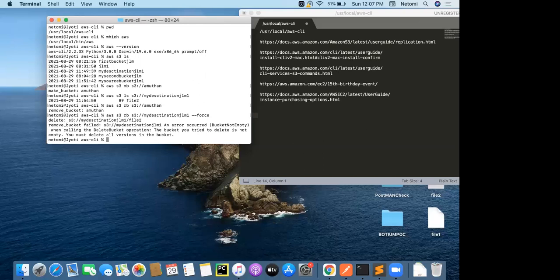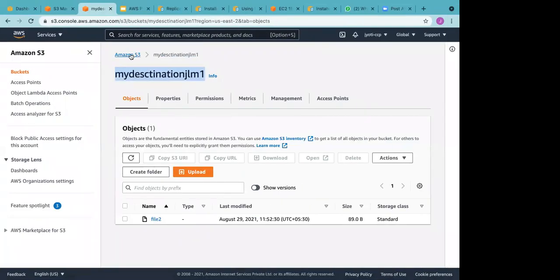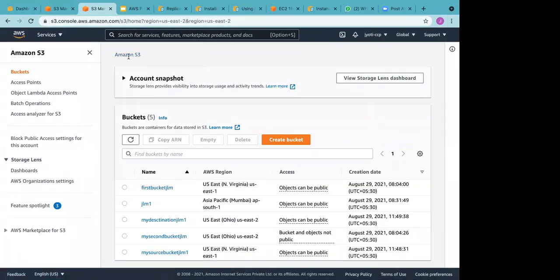All versions, if versioning is enabled in this bucket. Let me pick something which does not have versions. Or let's find out how we can delete a bucket if it has versioning enabled. Probably let's take this as an example to see how we can delete a bucket which has objects and versioning enabled.